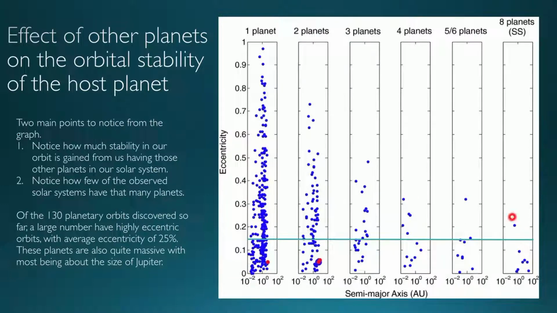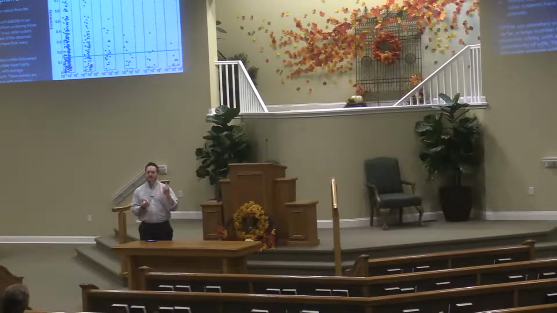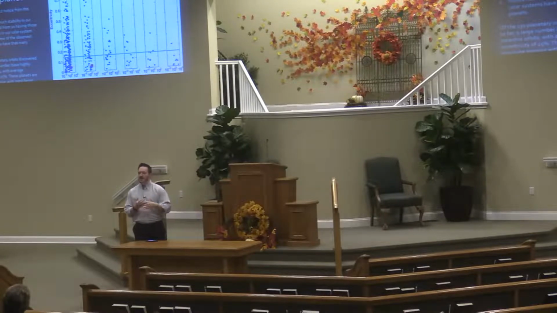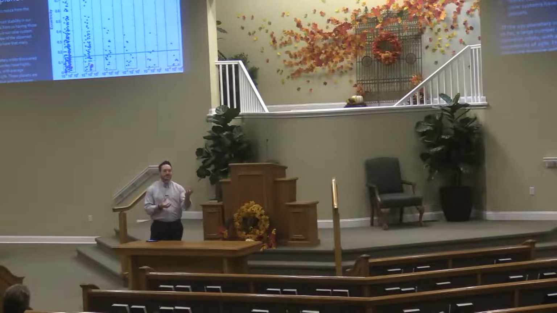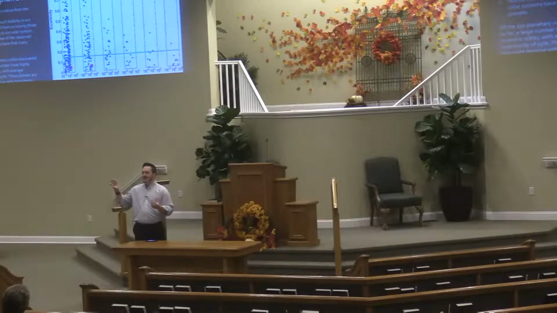And then there's a couple star systems where you have 8 or 9 planets, which is where ours falls. So what happens is if you end up in the right place, the chance of you forming a circular orbit, if you don't have those helper planets out there, is very low. So you can't just show up and have a single planet forming around the right star, or you won't make it. You have to have other planets, and crucially, the bigger planets need to be on the outside of